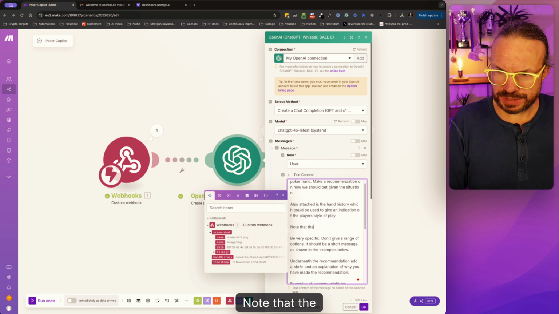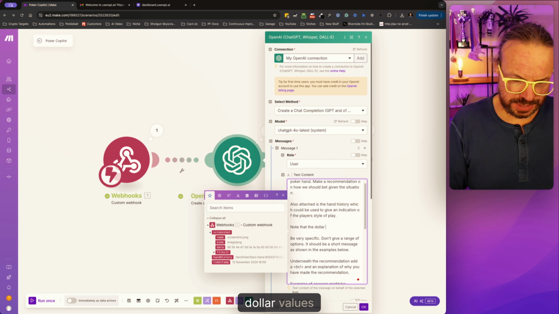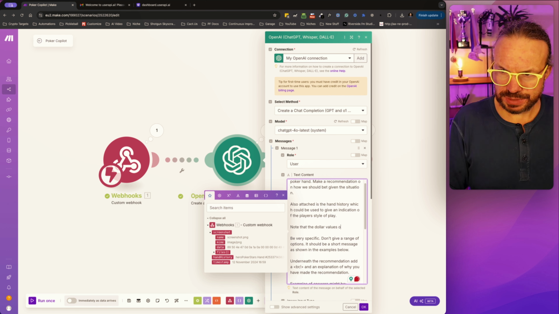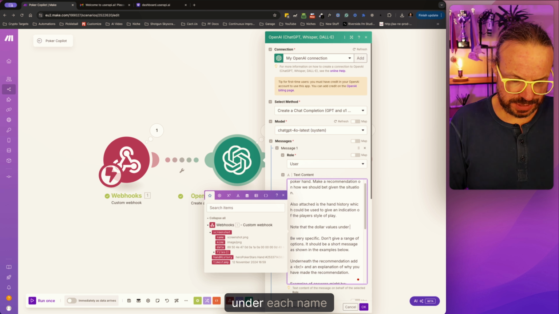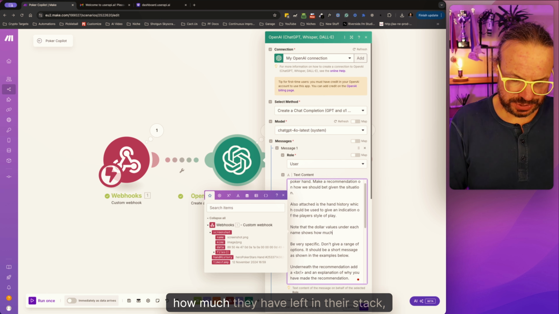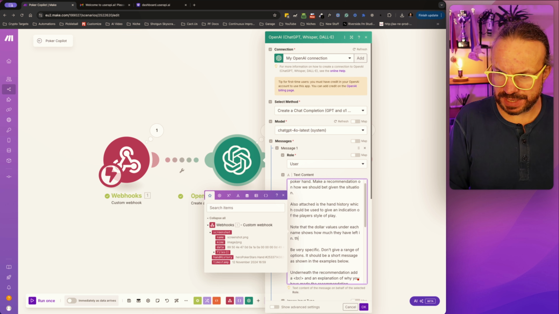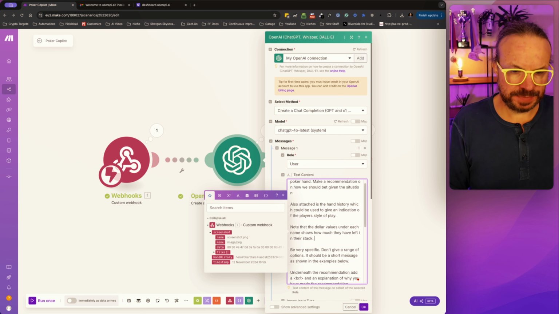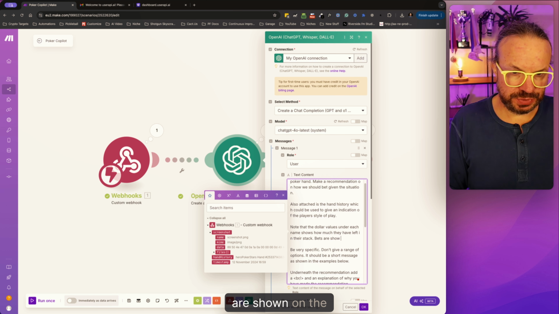Note that the dollar values under each name show how much they have left in their stack. Bets shown on